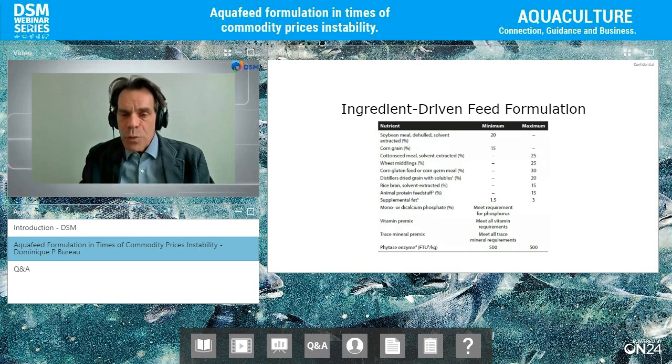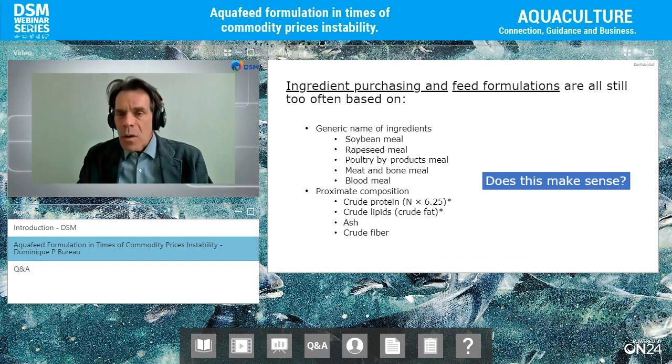But we have to realize that ingredients themselves don't mean a whole lot, right? We're buying soybean meal and meat and bone meal and poultry meal and all this. We're buying them sometimes on a crude protein basis or crude fat basis, something like this. And that doesn't make a whole lot of sense because these ingredients are variable. Poultry byproduct meal is not poultry byproduct meal. Meat and bone meal is not meat and bone meal. Blood meal is not blood meal. I've worked with these products, and every batch and every supplier uses a slightly different processing technique, and the quality will be different. The chemical composition will be different, and the digestibility can be different.